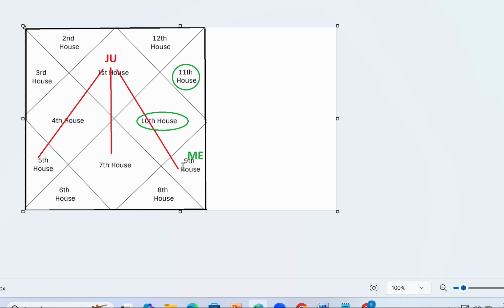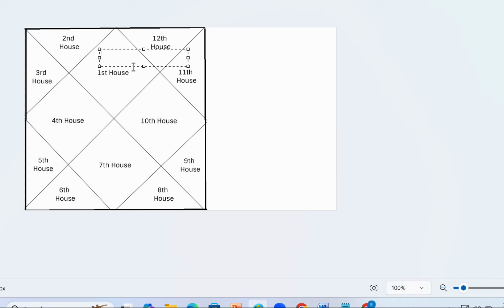Have you understood Drishti? Three, five, sorry, not three, five, seven, and nine. Jupiter's Drishti, okay, understood. We are going to do blank chart analysis today, and I'll tell you in detail. Now I'm going to take Mars over here. Let's complete Drishti once, then we'll go to the blank chart. Mars is sitting over here.